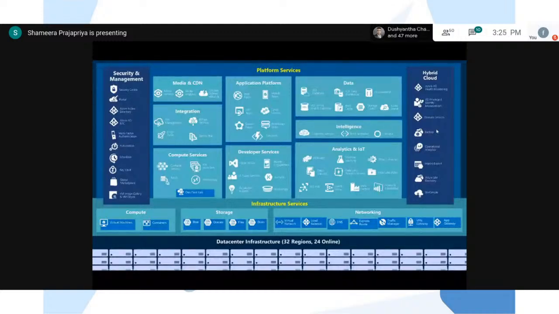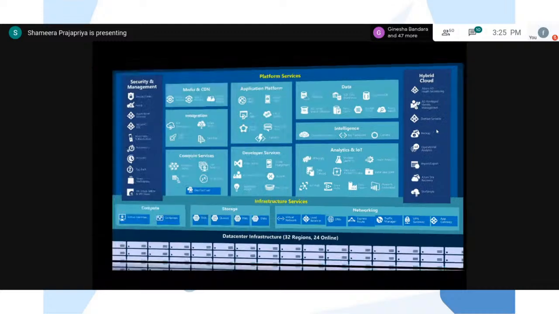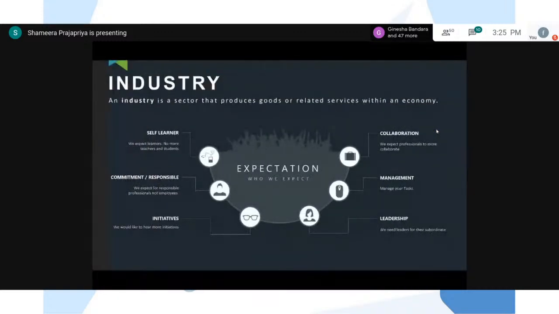when I'm going to talk about Azure, there are a lot of things. I didn't talk about databases. I didn't publish an application. There are a lot of things, but I just gave you the cloud concepts. So lastly, since I have another 6 minutes more, I'm just going to give you a thought about what industry is expecting